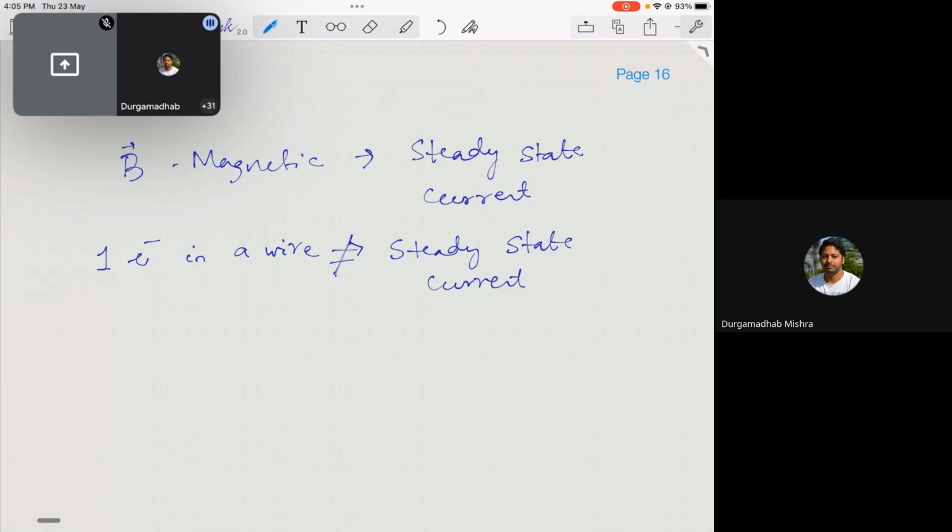So this kind of current will produce basically your magnetic field. Now, there are two things which, when we talk about magnetostatics, we are familiar with. One is the magnetic field that is produced due to this steady state current. Another thing is,